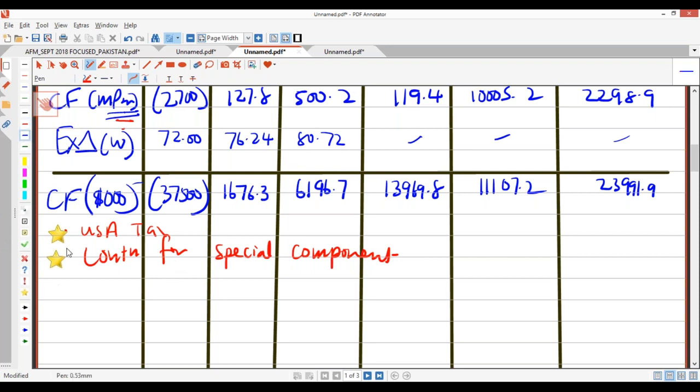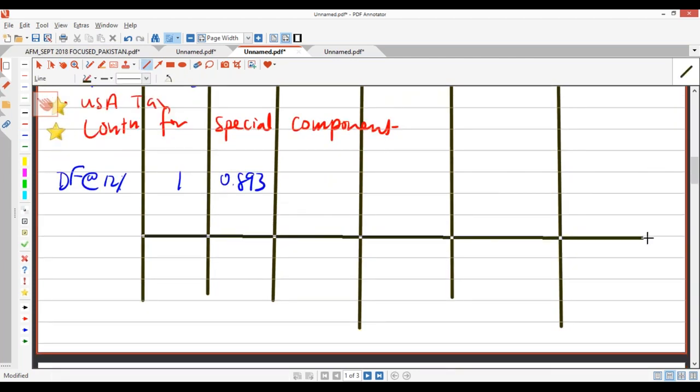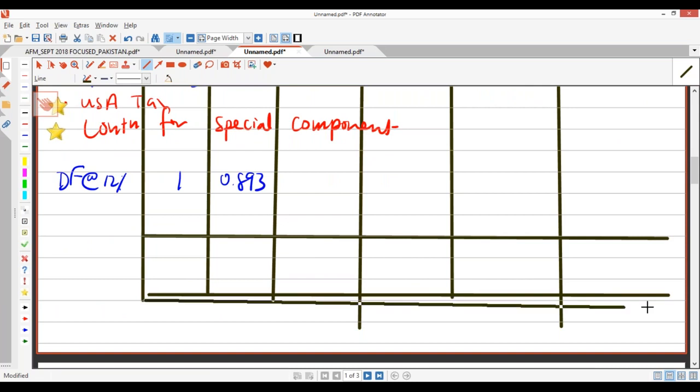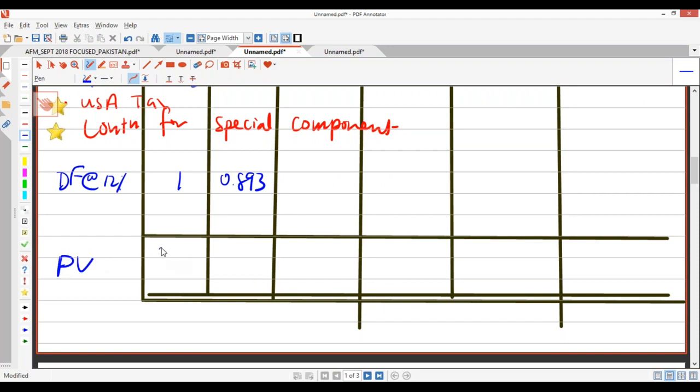Nothing is there. So what I have to do is straight away put in the discount factor, the relevant, specific WACC, which is going to be 12%. This is going to be 0.893, and so on and so forth. And what you do is you go until the end. Is that okay? In the exam, you go until the end. Only then you stop writing, because every mark, even though it's a mistake, you still carry marks everywhere.